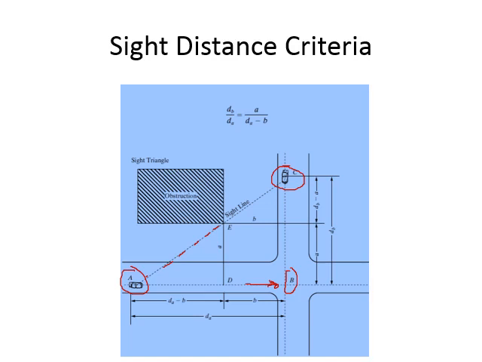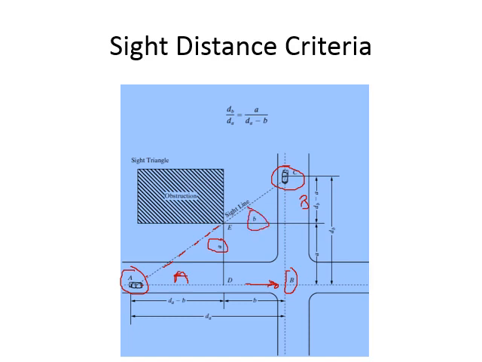on the intersection. Now you see there are 2 roads here. Let me call this road as road A. So this one is road A and this one is road B. The distance from the vehicle to the obstruction on the side of the road from road A is called small a, and the distance from the obstruction to the vehicle on road B is called small b.